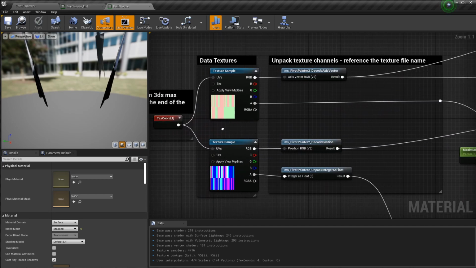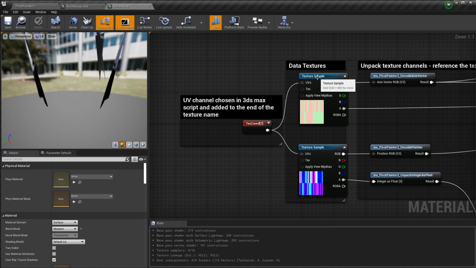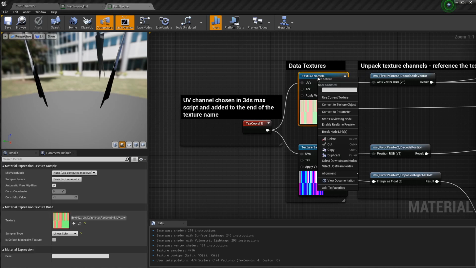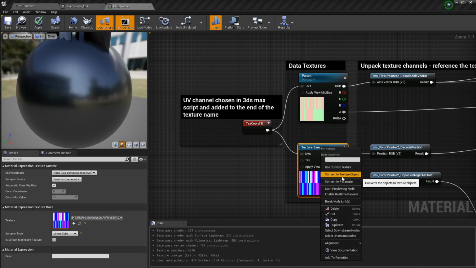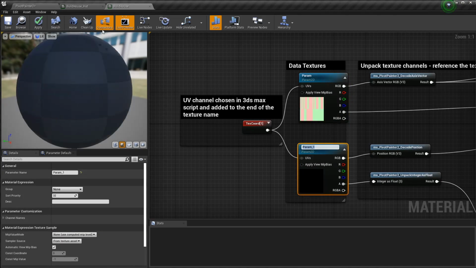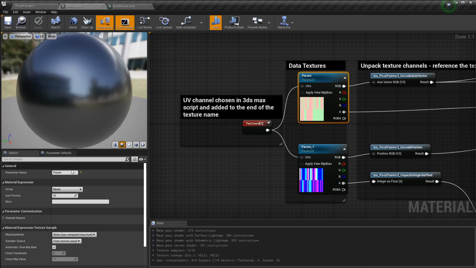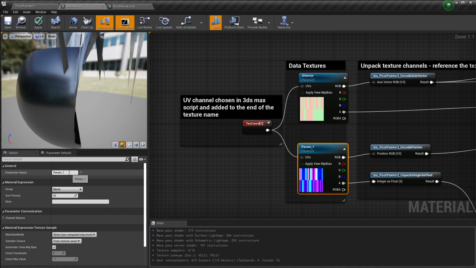But the most important information can be found right here at the beginning, the place where you provide your own textures. We want to do that within the material instance, so we promote these texture samplers to parameters. And while you're here, it's a good idea to properly name them, also right here. There's a good chance to mix them up otherwise. Again, I call this the X vector, but only because I called the texture that way. The Pivot Painter decode axis vector that follows is what interprets what normals were provided in Houdini.